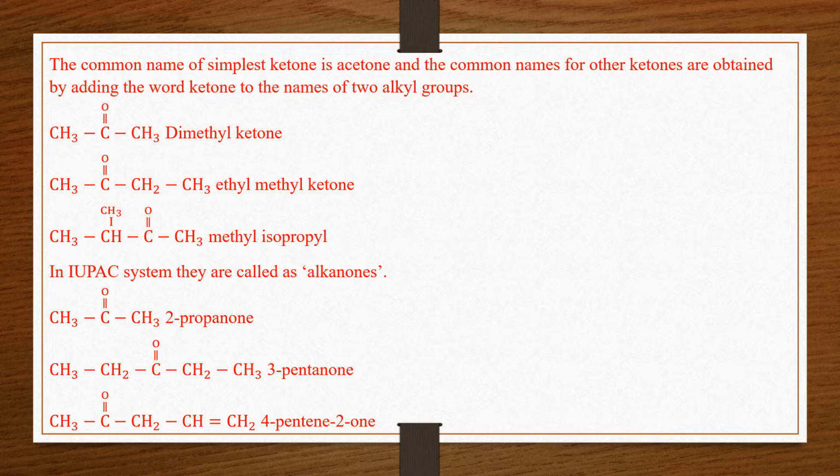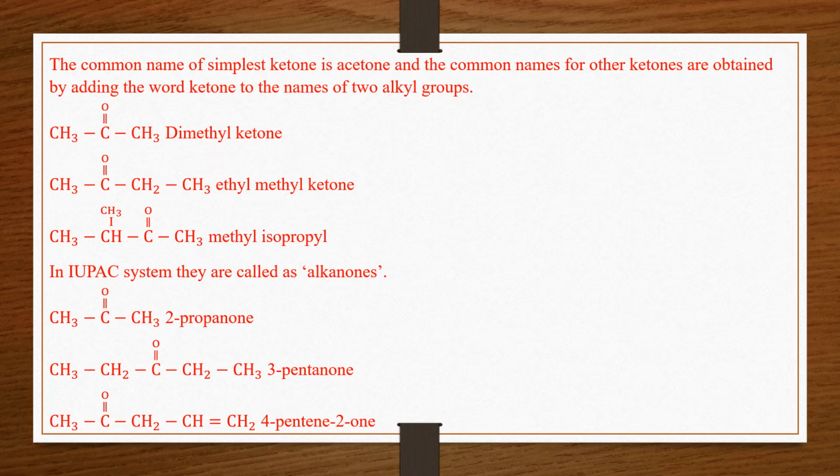Look at the sentence over here. The common name of the simplest ketone is acetone. All the girls must be knowing about this acetone. This is very much familiar to girls because it is used as a nail paint remover. Okay. So the common name of the simplest ketone is acetone, and the common names for all other ketones are